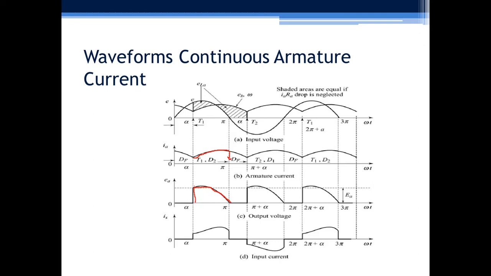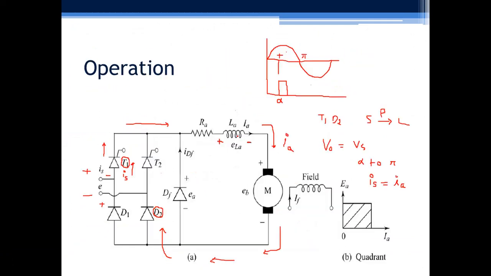But as we know that this load current is nothing but current flowing through the winding of DC motor, and as you know, the inductive load won't allow sudden change in current. For that it induces an EMF. Here this inductor will change its polarity at pi, and from pi to pi plus alpha duration no devices are conducting, because gate pulse to T2 is applied at pi plus alpha. So during pi to pi plus alpha, because of this inductive voltage, this diode DF has become forward biased.